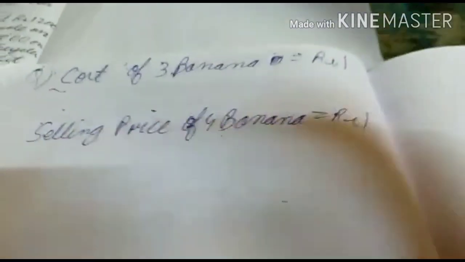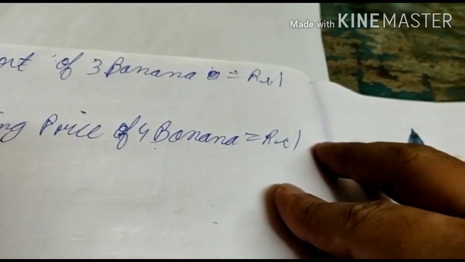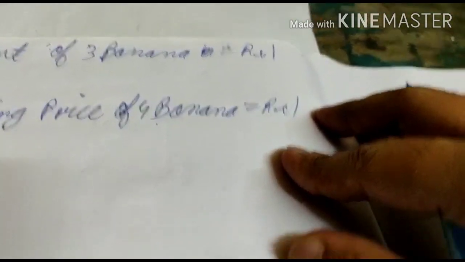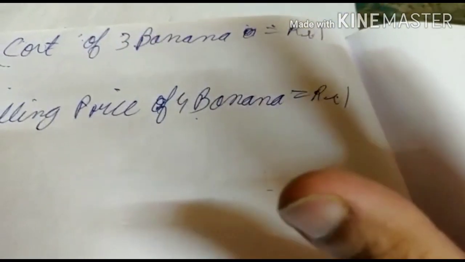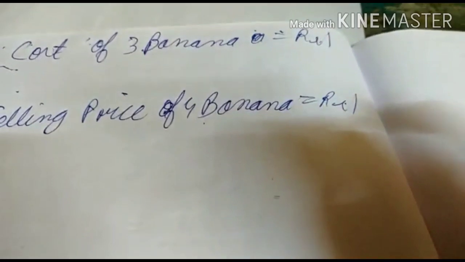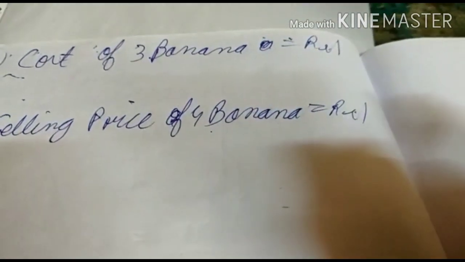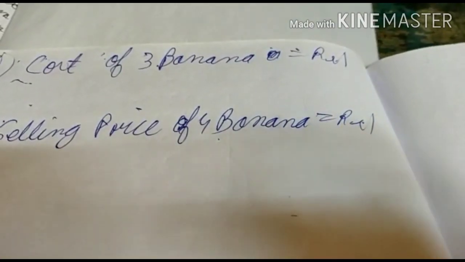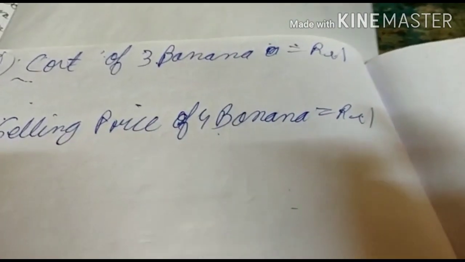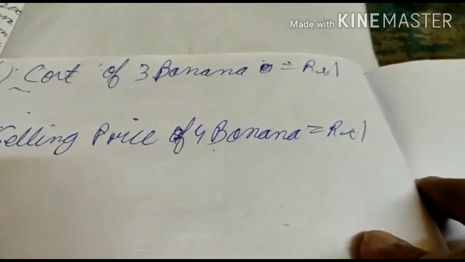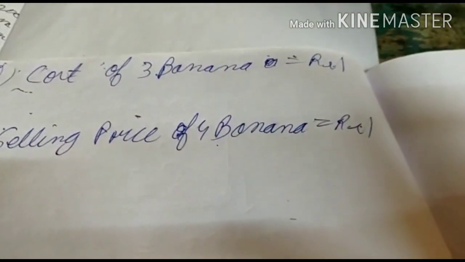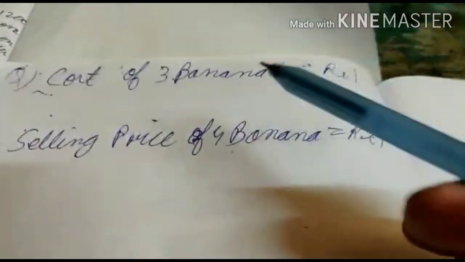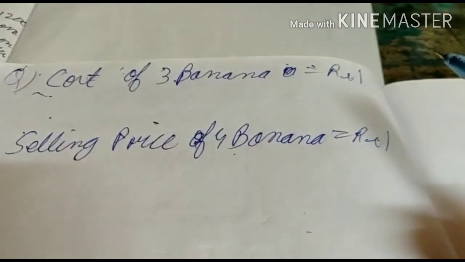But if I say the cost price is rupees 4 and he sells 2 pens for rupees 6, you can't say that he is getting a profit of rupees 2. Ultimately he is incurring a loss. If his SP of 2 pens is 6, then his CP of 2 pens was rupees 4 into 2, 8 rupees. So now we will compare 8 and 6, the same number of pens. In the same way, in the last question we had 200 cycles. We compared SP and CP of 200 cycles.